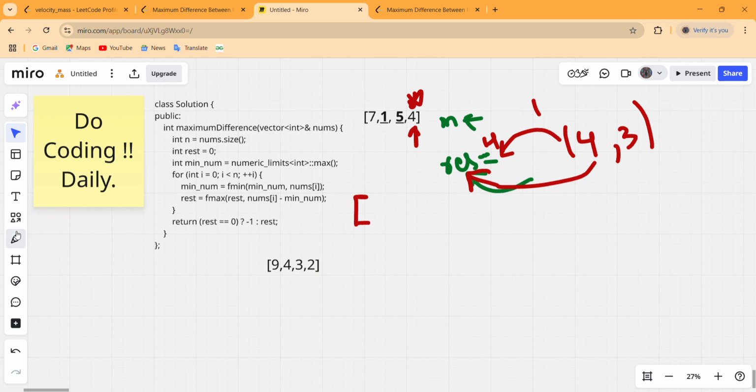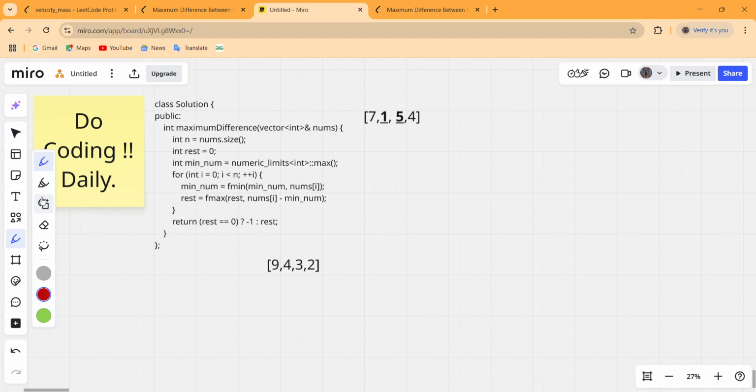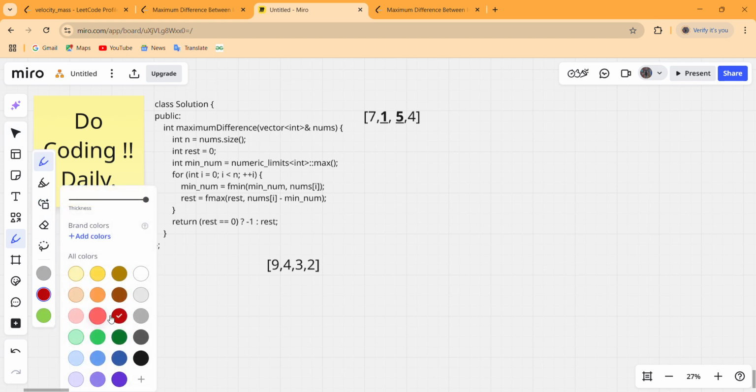Let us first erase the previous results. Our result is 0 and minimum number is the maximum value possible for integers.